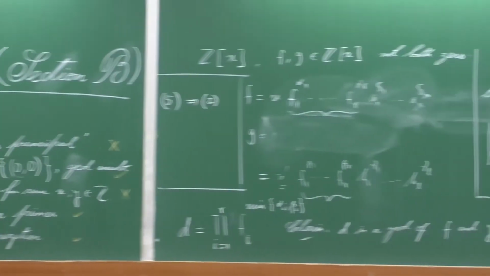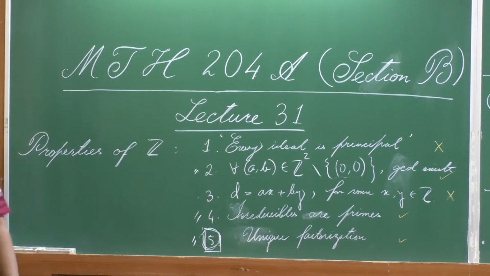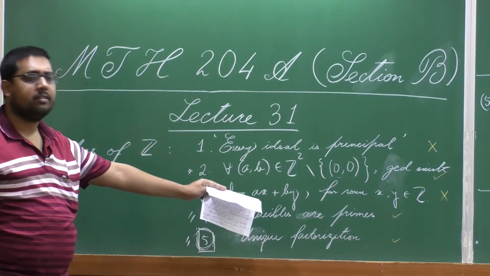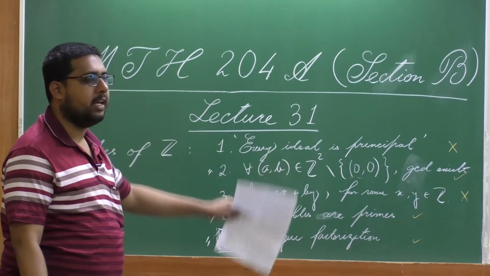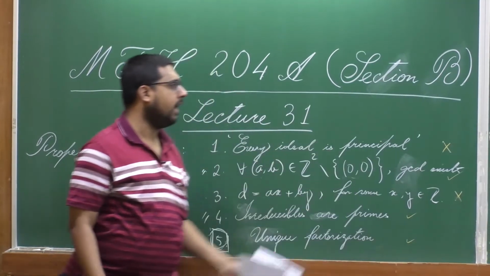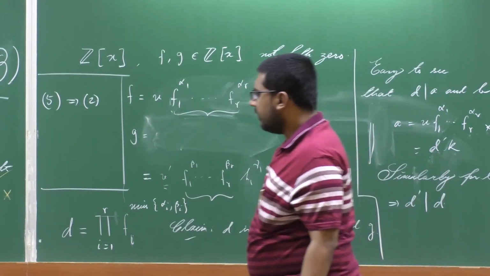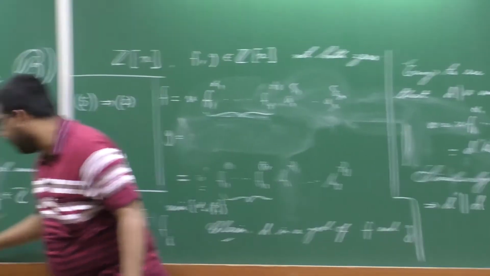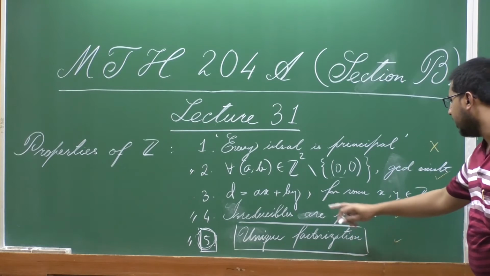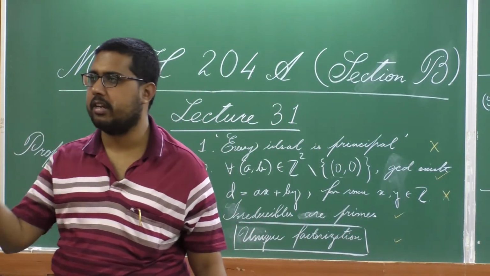So, this observation naturally makes us hopeful that whenever in an integral domain we have the fifth property, then we must have that irreducibles are primes, and of course for any pair of non-zero elements there should be a GCD. This observation from Z[X] makes us hopeful about that. Again, the main thing, this seems to be the key property which makes irreducibles primes, and makes this happen. So, that expectation has grown